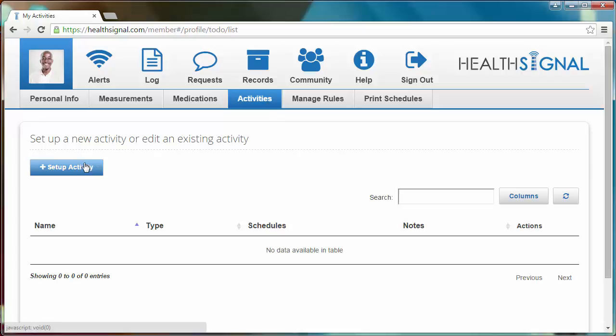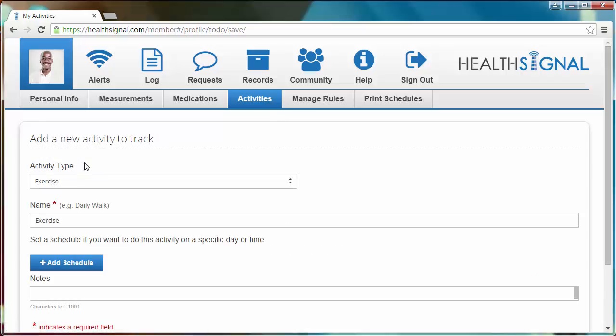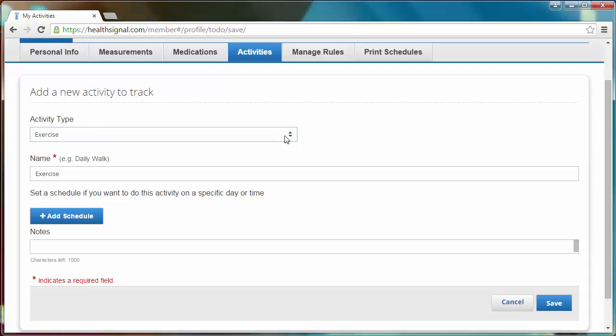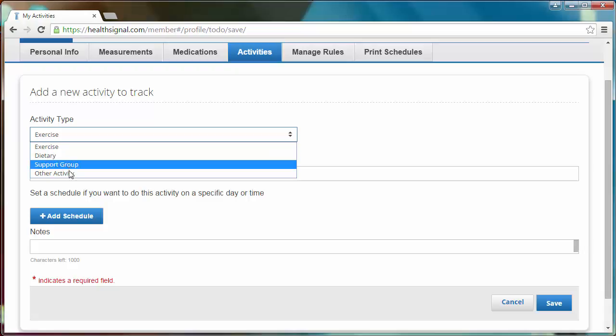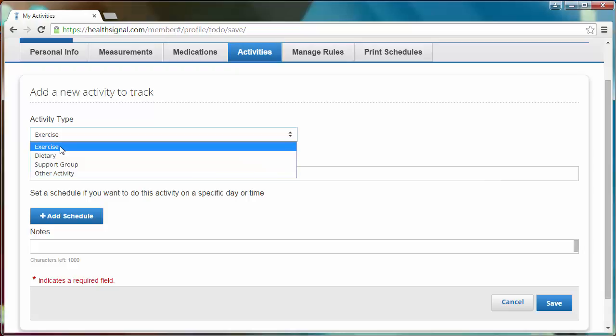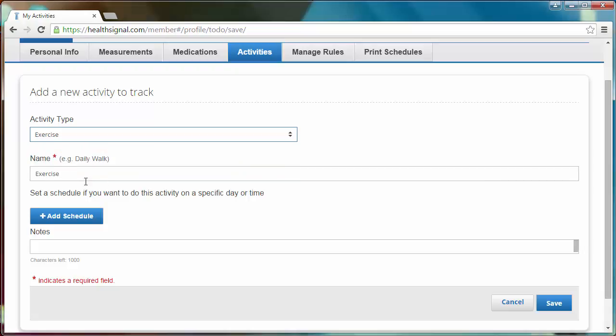a new activity. You'll be brought to this page, and here is where you can choose the type of activity that you would like to track. For example, exercise, dietary, support group, or other activity. I'm going to go ahead and select exercise. Once you select the activity type, you then enter the name of the activity that you are going to be